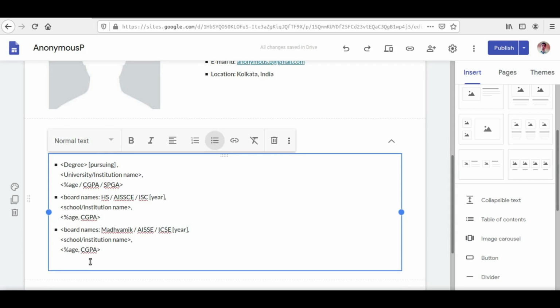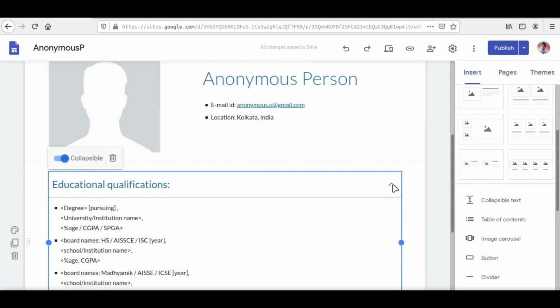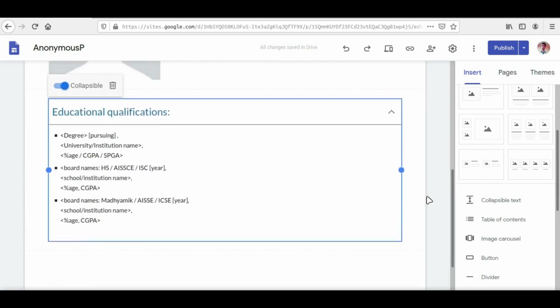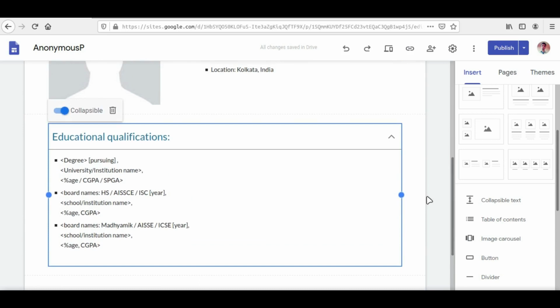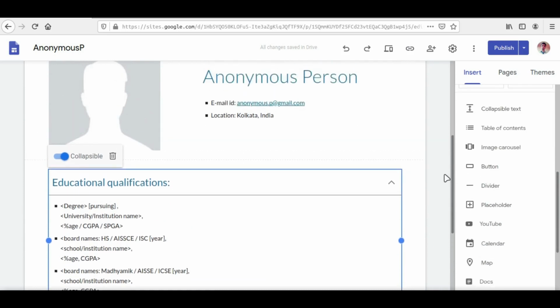And this we will continue for as many educational details that we have, but the main thing is this has to be in descending order, right? So the most recent degree is kept first, fine, followed by the next recent one, then the previous one, and so on. So once we are done with this part, see, whenever we click outside, this drop down box will only show the heading, fine. So this is called a collapsible text box, and we will be using this only, fine. This is the only part that we will be learning how to use, because the remaining parts will come in the next lecture, right?